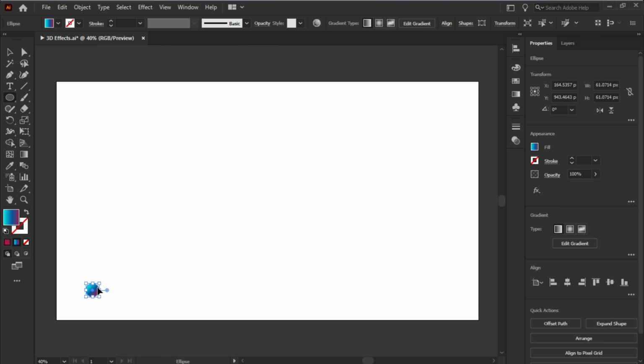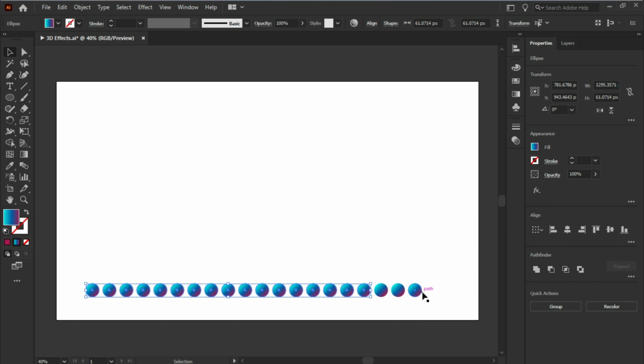So holding the alt key, drag it to the right and then press Ctrl D and duplicate it. I'd say roughly 20 times or so. Select all of those and then go to Object, Blend, Blend Options. It's normally on specified color change, so change that to specified steps, just 50 for now, so we don't use up all